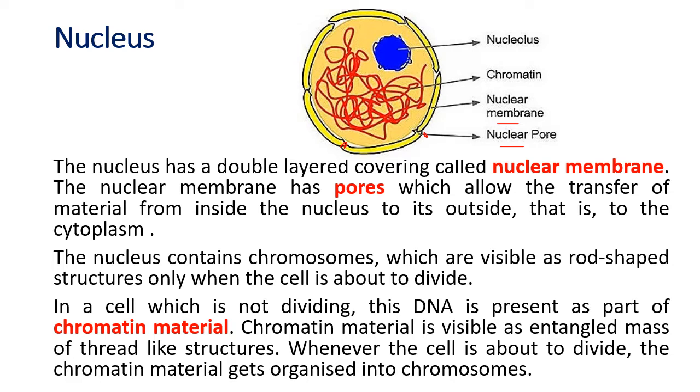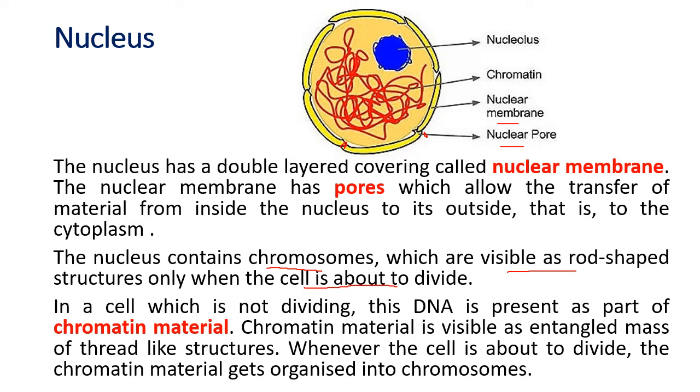Now what does the nucleus contain? It contains chromosomes, which we'll see in the future lectures. The chromosomes are visible as rod shaped, but in this figure you cannot see the chromosomes. Why? The chromosomes are rod shaped, but the rod shaped structures develop only when the cell is about to divide. So when the cell reaches the time of cell division, then the chromosomes are formed. But till then,